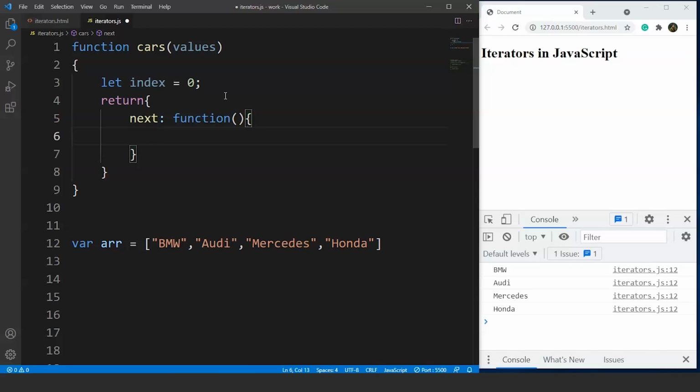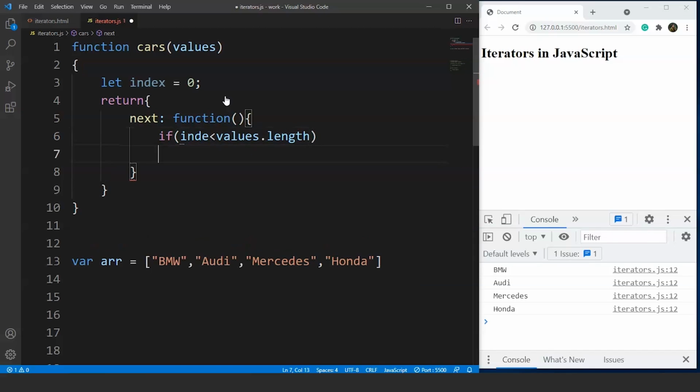Now the traversing of the array starts here actually. What we want is the index variable to traverse the array until it reaches the end. So we'll use the if else statement to do this task. We have the array length property. Now we'll write if index is less than values dot length.